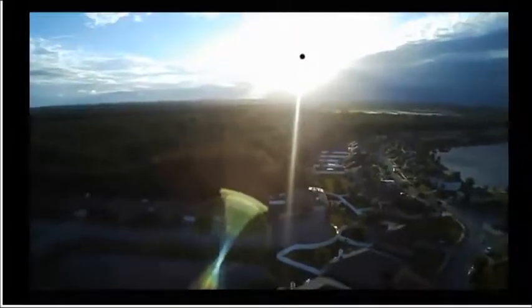Okay, so I think by now you guys have probably seen the green funneled lens flare. Totally bizarre, totally bizarre. So now after you've seen it on here on the video, now let's try to go back